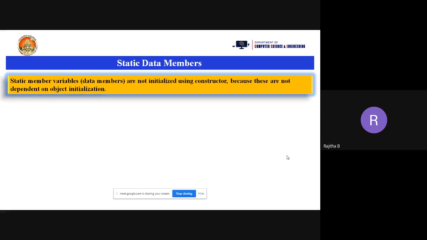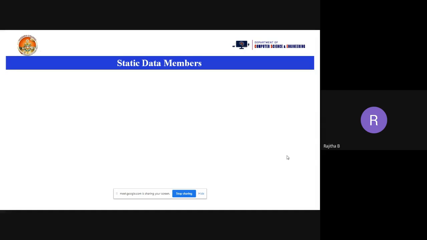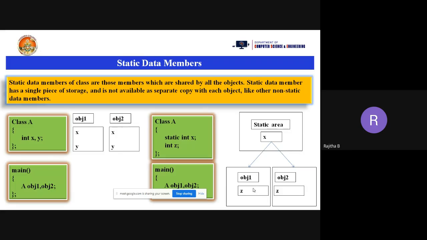So for normal objects, you can assign values to your data members using a constructor. But when you are taking static data members, memory is allocated separately. So you can see this one. Here for object 1 and object 2, each has its own z variable. You can initialize the values of this particular z data member using a constructor.